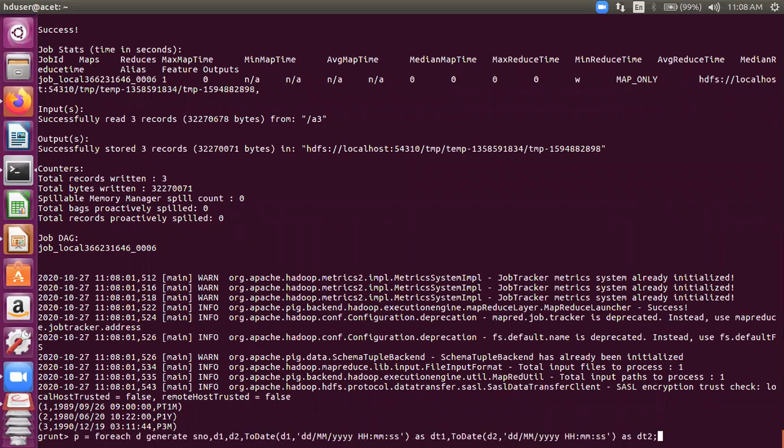Let's pick it up from somewhere. Yeah, this we can do. So we have a relation W. For each W, you can pick up some K here. Serial number, we took D1 and DUR, okay. And then we converted D1 into, it's in what? Y format. So we have DD as DT1.